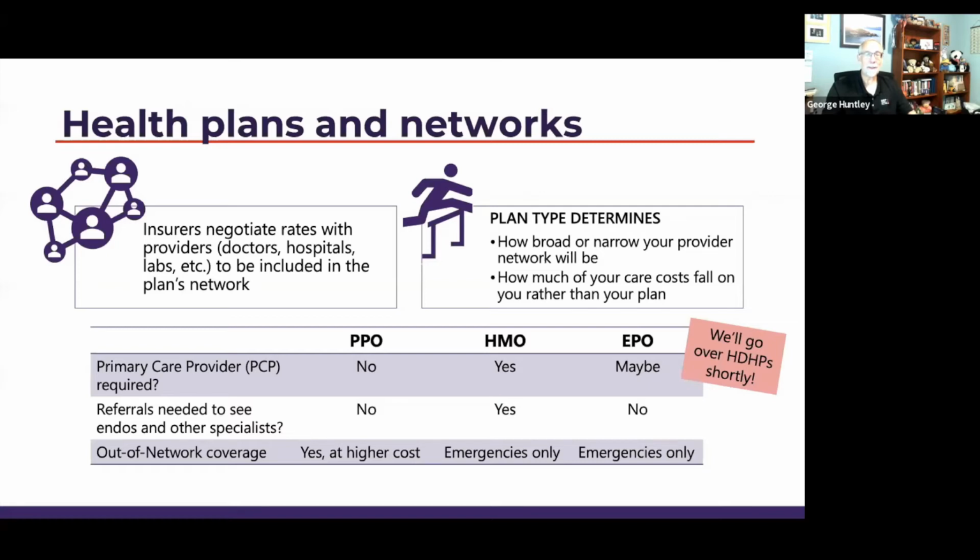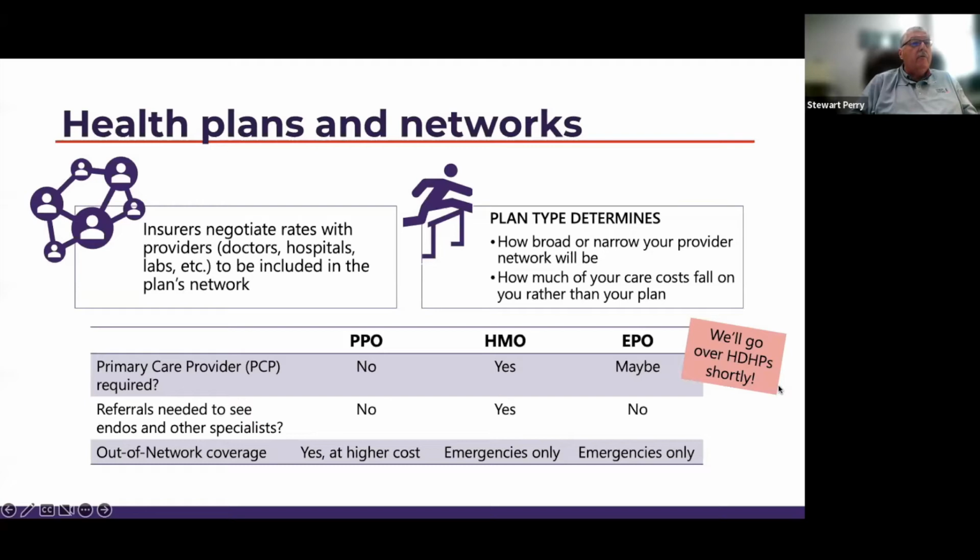So if you go outside of the network because you were traveling and you had an accident, in that case, you're covered. But if you've gone to see a doctor in your town that's not in your network and you've got an HMO or an EPO, you could be SOL. That's another acronym that we're not going to cover. And it could be higher than the 30 and 20% you just talked about, George. Substantially. I've got one in front of me here that's actually 50% if you're outside a network. So you gotta be careful.